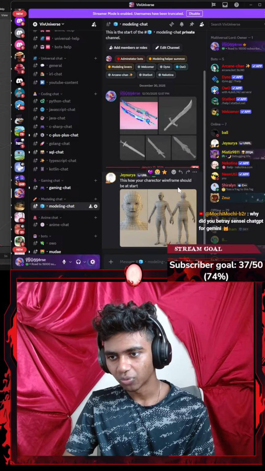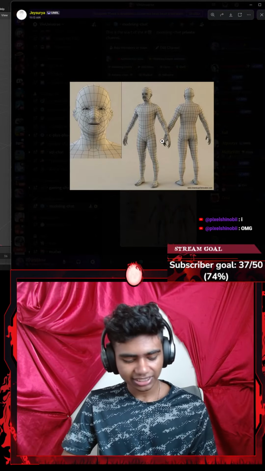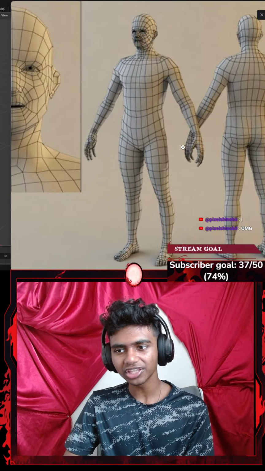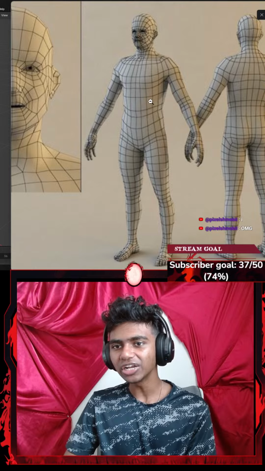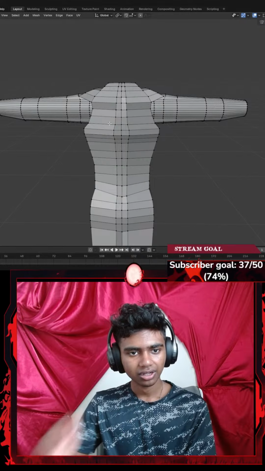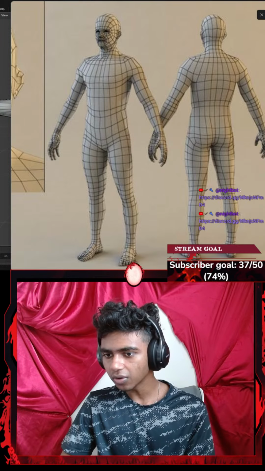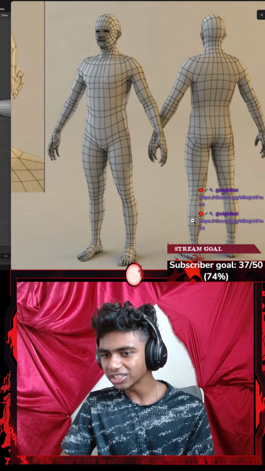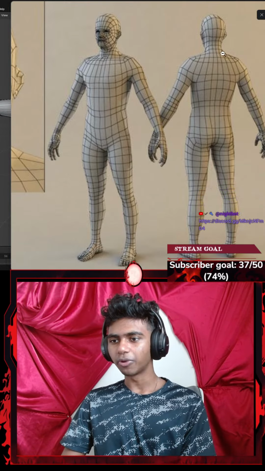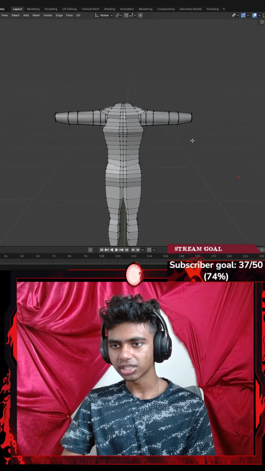This is how your character wireframe should be at start. Yeah, guys, that's exactly what I was talking about. You see all these vertices and everything here. It's so hard to get those many detailed vertices. I was trying to get that through my wireframe and all that stuff. How did you guys get to do this part? Aren't these loop cuts, these lines? Okay, because I used to think that this bunch of lines are all loop cuts, but apparently I was wrong, I guess. Let's go ahead and exit that real quick.